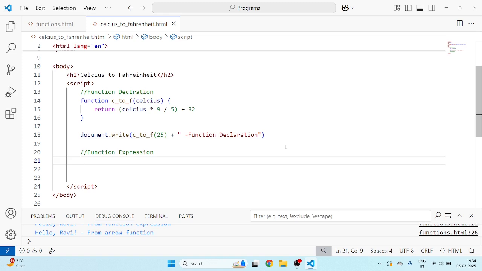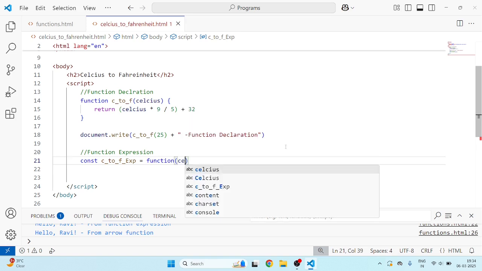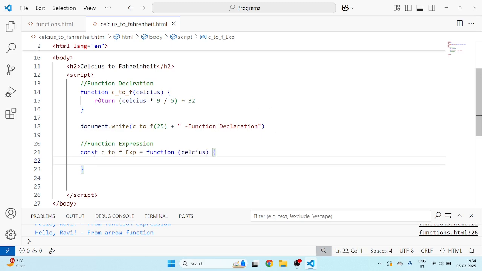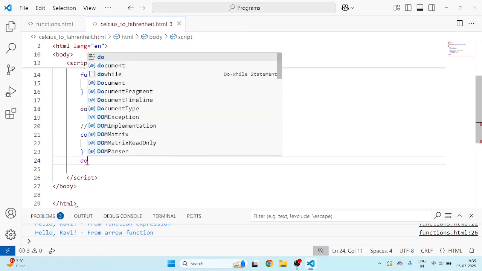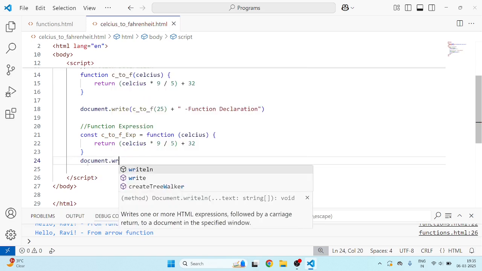So for function expression we have to define a variable first, C2F exp equal to, and then use function keyword, give the parameter Celsius, and it will do the same thing. So I'll just copy this return statement and paste it here. Now to call the function we can write document.write,